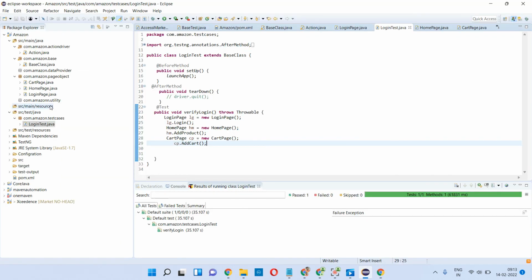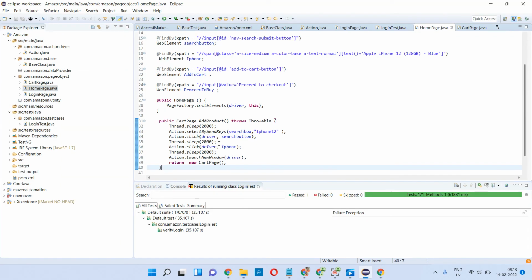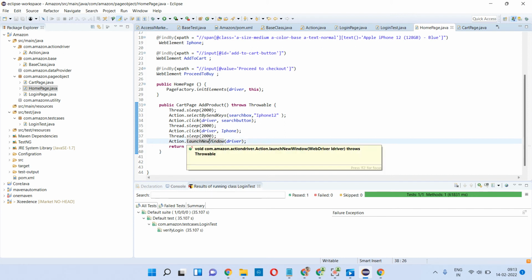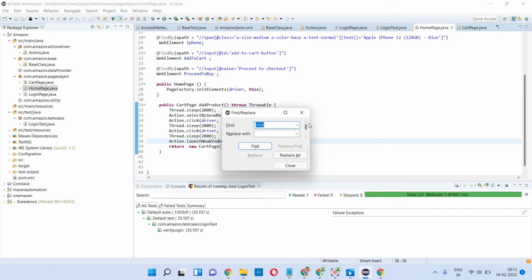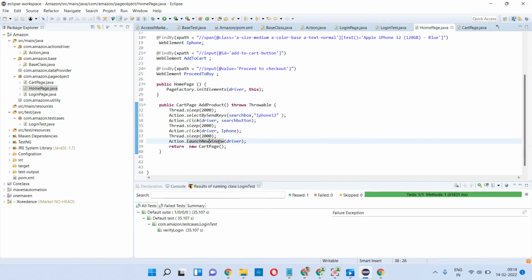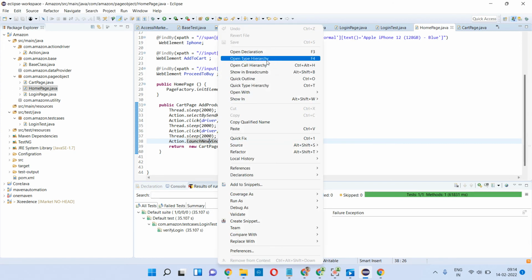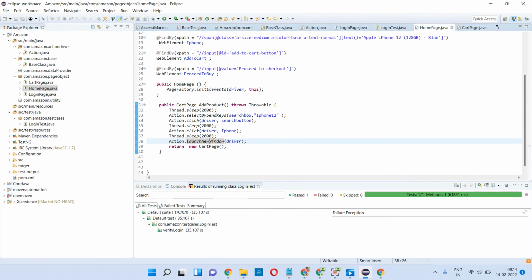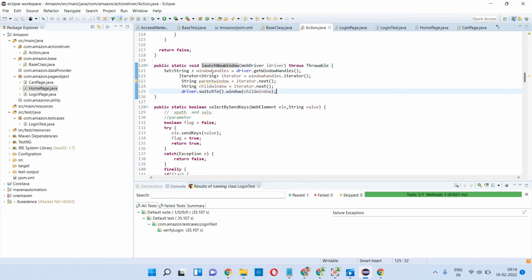So for that purpose, I have taken a method called launch new window. This is the launching of the window.